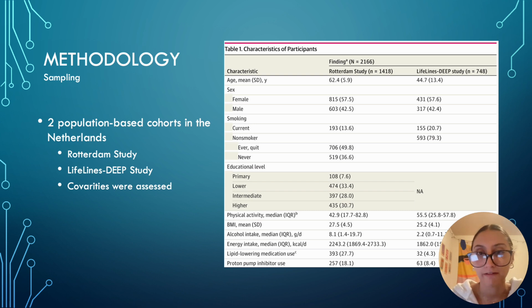Data from these groups have been ongoing since 2013 to 2014 for the Rotterdam study, and in 2013 for the Lifelines Deep study. Confounding factors including smoking status, dietary intake, physical activity, BMI, and use of medication were evaluated through questionnaires and interviews. It was very important for these factors to be taken into consideration because there are many confounders that can affect biological results that were obtained for this study.